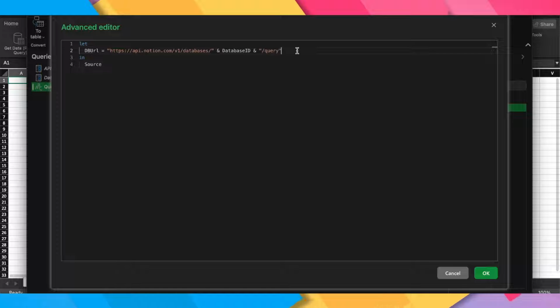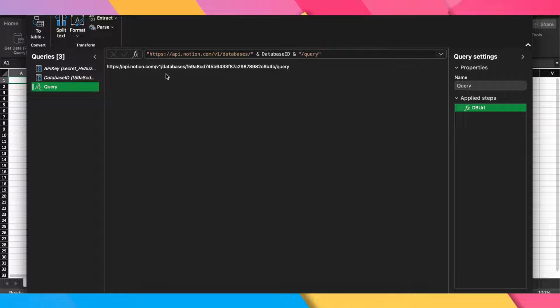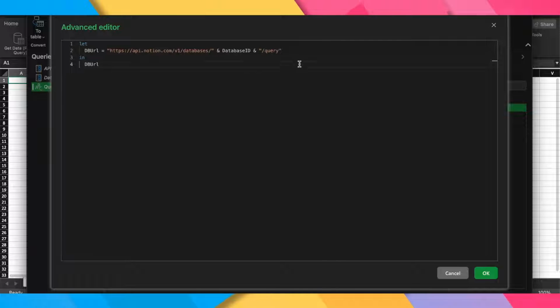Okay, so db URL, that's all fine. Let me see if that went through correctly. I can just click on OK. Okay, looks like this worked. So this is the final URL that we'll be calling. Perfect. Okay, let me go back to my PowerQuery editor. Let me create a new variable, and this one will be Notion request. Notion request equals